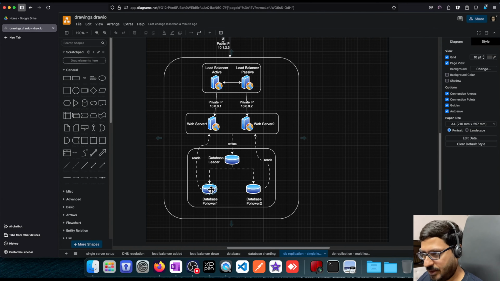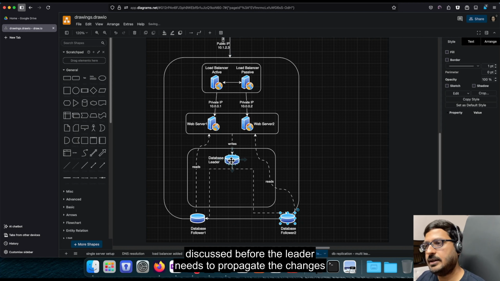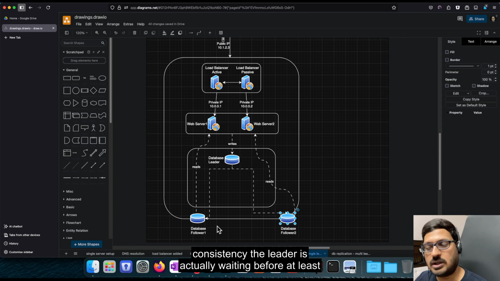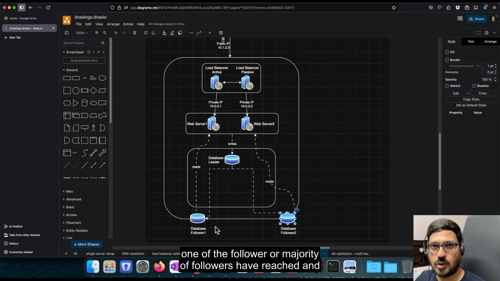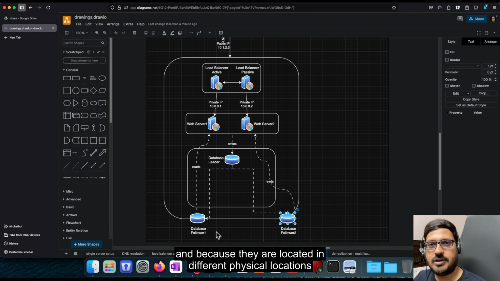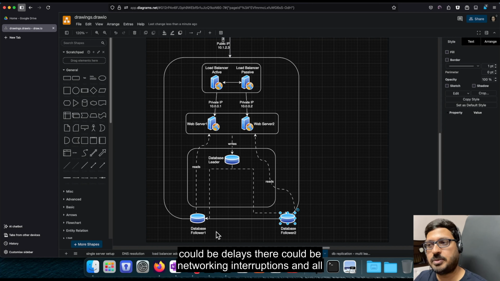So in the single leader system, if database followers are in different data centers, like we discussed before, the leader needs to propagate the changes to the followers. And because it needs some kind of strong consistency, the leader is actually waiting until at least one follower or a majority of followers have concluded that they have received the updates and they have updated themselves, right? So there is a strong coupling between these. And because they are located in different physical locations, there could be multiple network problems that can arise. There could be delays, there could be network interruptions, and all of these are adding to the complexity of this